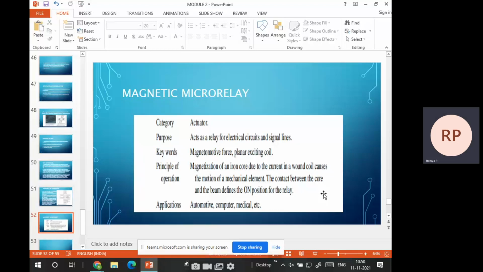What is the voltage? What about the current? It will be in milliamperes, right? So if you go with 5 volts or 10 volts, the current will be in milliamperes. If I go with 230 volts, 250 volts, then my current will be just around 5 amperes or 10 amperes, not more than 15 amperes also.